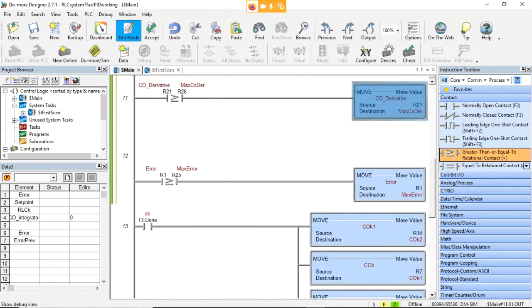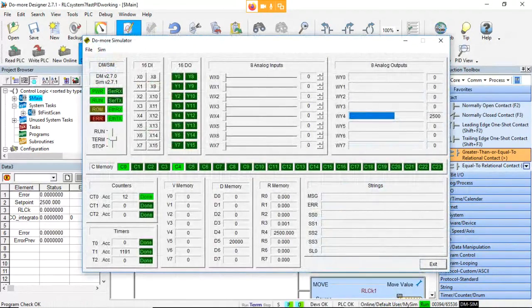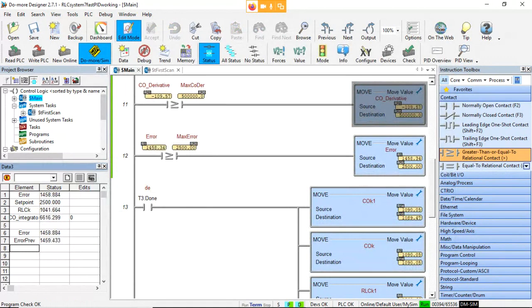Okay, and so then let's go ahead and accept this and simulate this again. Okay, and we'll come over here and we'll just look at those values. So we're going to look at the max error, and then we're going to look at the maximum derivative piece. All right, so the maximum derivative piece is 500,000. Okay. And max error is 2,500, which